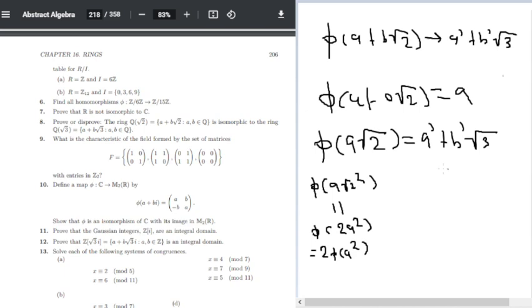In this direction it is equal to (a prime plus b prime square root of 3) squared, which is equal to a prime squared plus 3 b prime squared plus